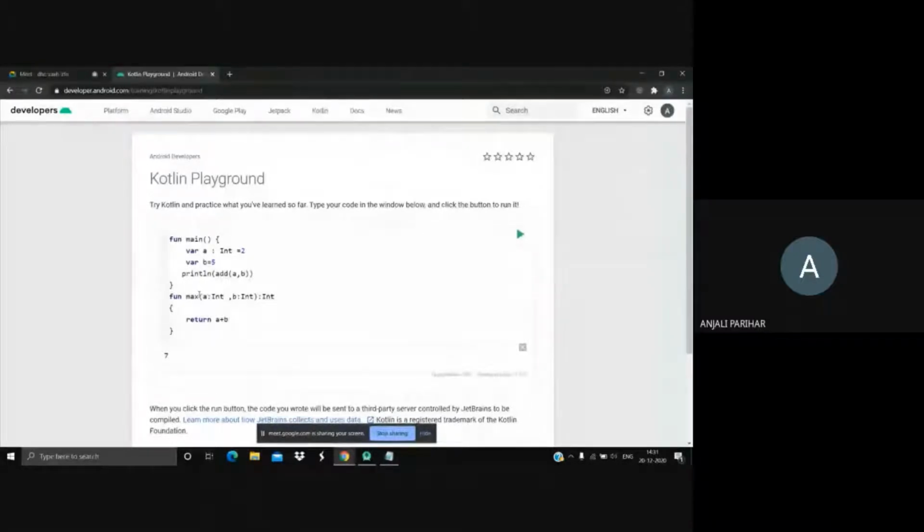There's another smart way to do it, let's check it. Since Kotlin is a functional programming language, you can treat every function as a variable. I'm treating this max function as a variable, and I'm assigning it a value. And what value would it be? If a is greater than b, a, else b. So we're calling max from here.